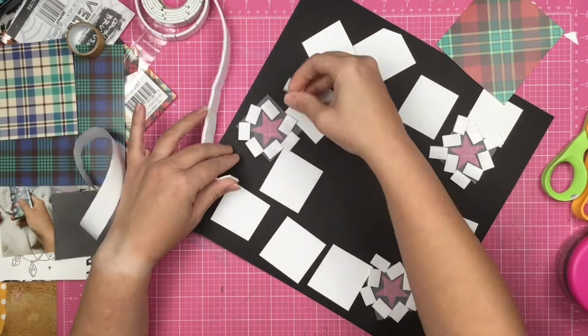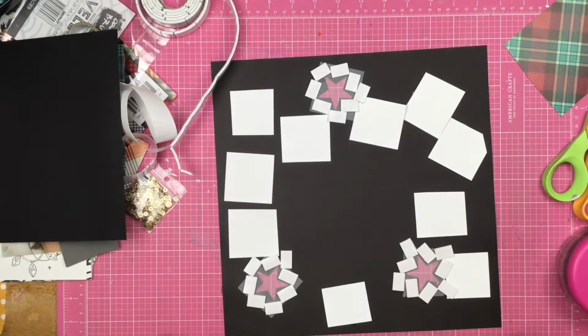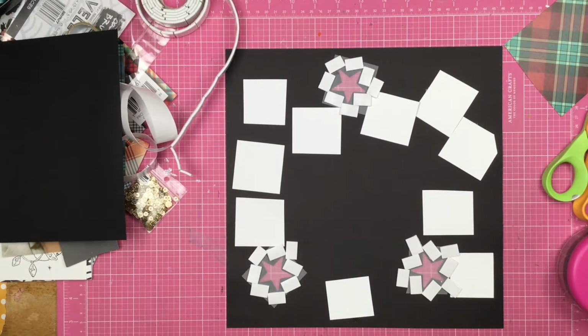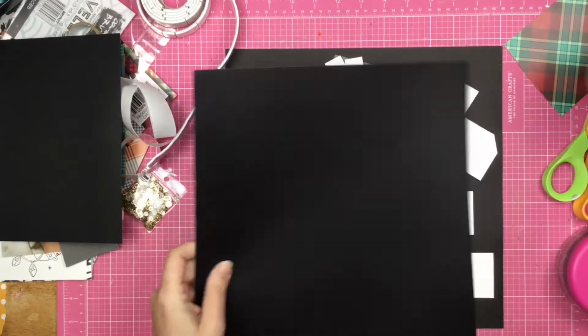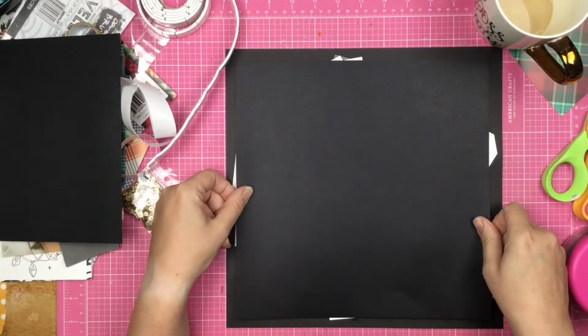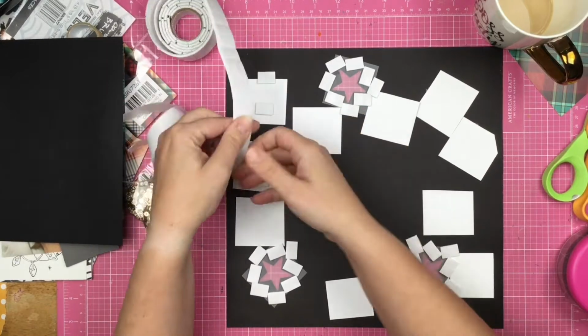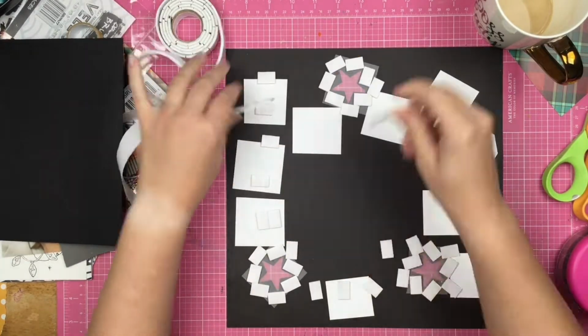Now I am being careful not to have any of my foam show where the star is itself. You don't want that because you don't want to see the foam through the vellum in your sequin pocket, your little shaker pocket here. So I cut off some black cardstock that I can put on the back of this